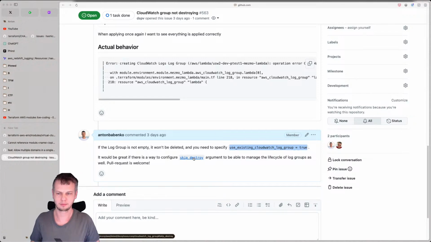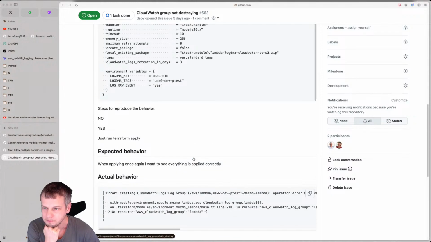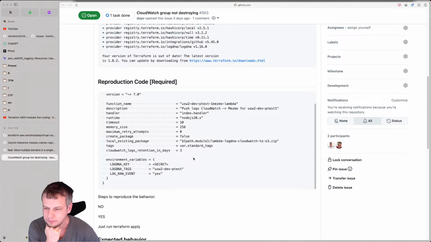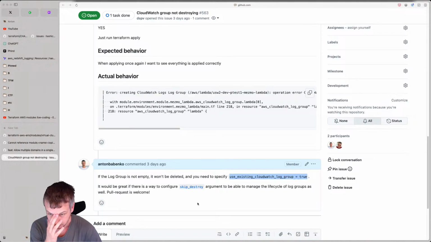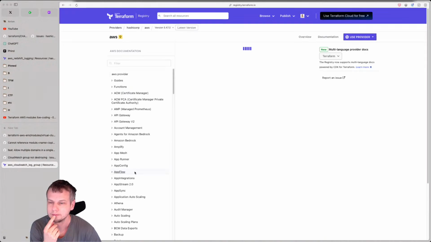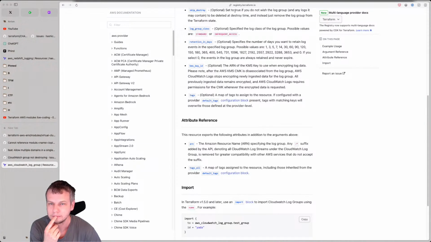Right? Skip destroy. Let's see. Set to true if you do not wish the log group or any logs it may contain to be deleted at destroy time, and instead just remove the log group from Terraform state.